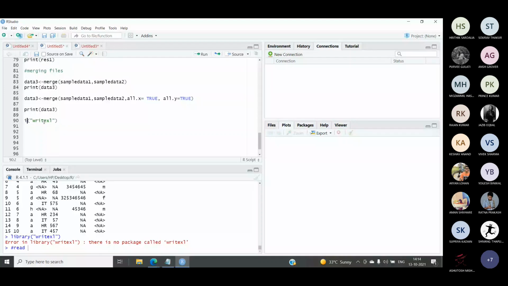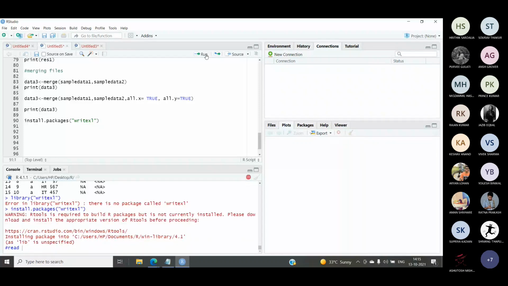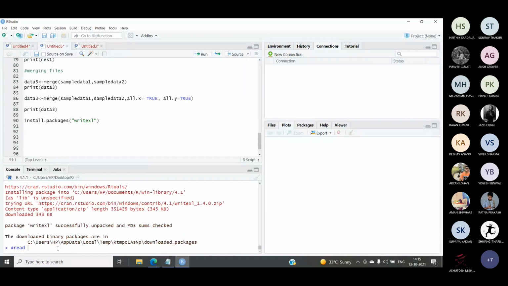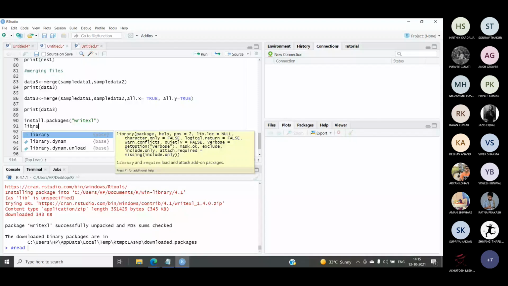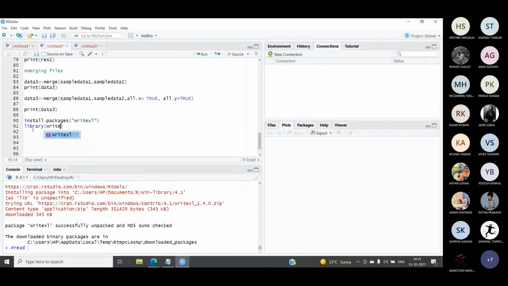So the command for that is install.packages, writexl. Let's run this and let it completely install. Now it is installed. Now let's import the library. So my command in this case is library(writexl). Let's run this also. Now this library has been loaded.